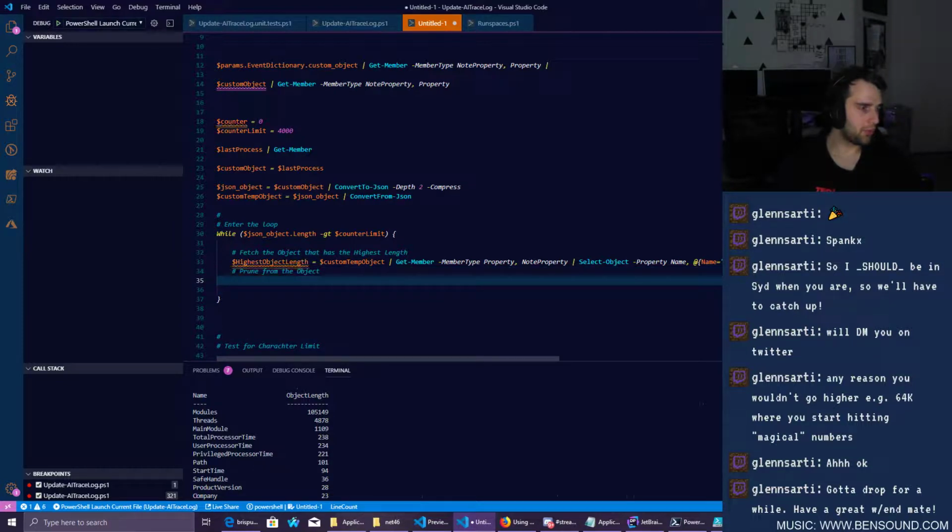So now we're going to prune it. So what we're going to do here, we go custom temp object dot